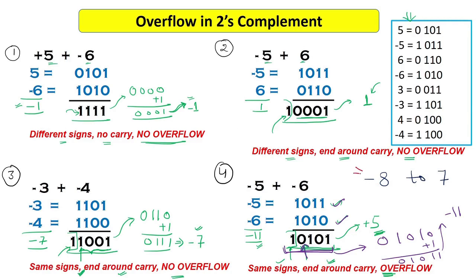Now we know in case of 2's complement, the range is -8 to +7 in 4 bits. So only these numbers can be represented in 4 bits in 2's complement. Now this -11 is actually coming in 5 bits, right? -11 would come after this -8, so -11 is going out of this range. It is smaller than -8. In this way also we can say that our answer has overflowed this range. It cannot be represented in this range.